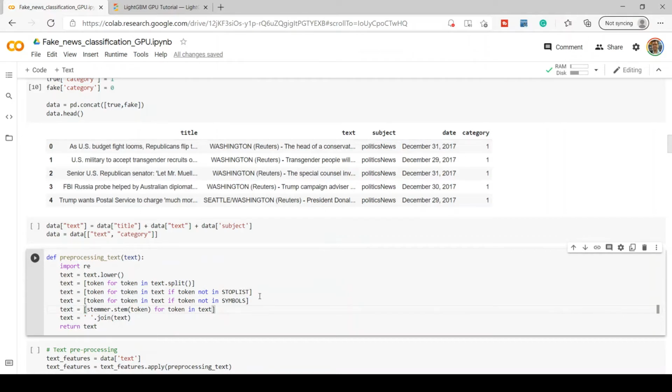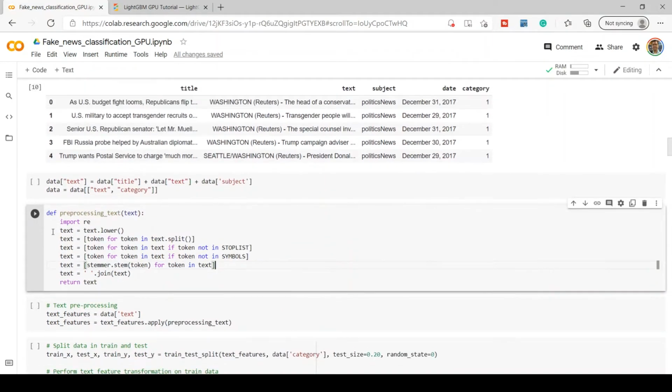Here I will be performing stopword removal to remove all the stopwords from my text data, and I would be removing all the punctuation from my text data, and finally we will be performing some stemming against the tokens. That's what exactly this small function would be doing.